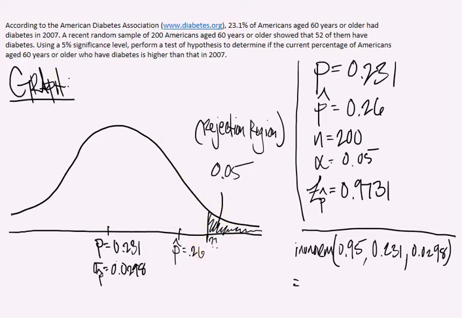Okay, so let me do this real quick, and I'll write this on here. Okay, and so my cutoff value is 0.28001. Okay, so this critical value here is 0.28. Any proportion, any p hat that I found that was over 0.28 would have landed in this area, my rejection region, and I would have